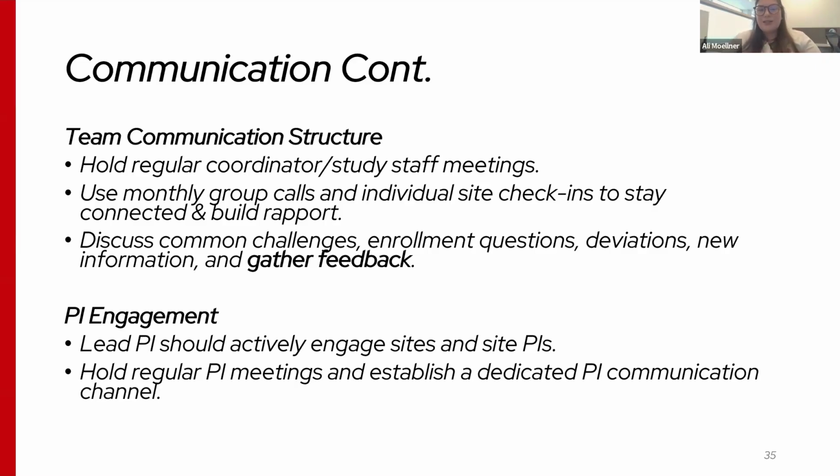Also, during these calls, you can discuss common challenges, enrollment questions, any deviations, and information that needs to get shared, and then also gather feedback. We might be the experts of what's happening in Wisconsin and specifically at UW, but other institutions operate very differently. They might have local barriers, challenges that their participants are experiencing. Maybe the initial plan of a software we planned on using is just not working out at their health system. So it's really important that you're gathering feedback from study team members